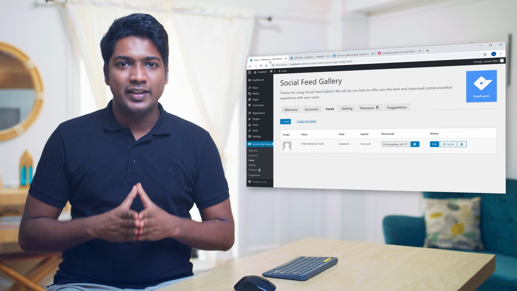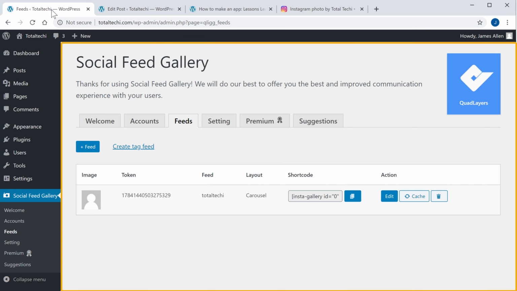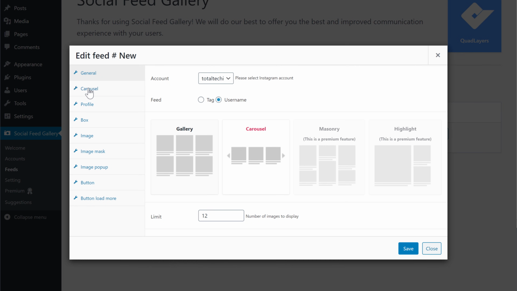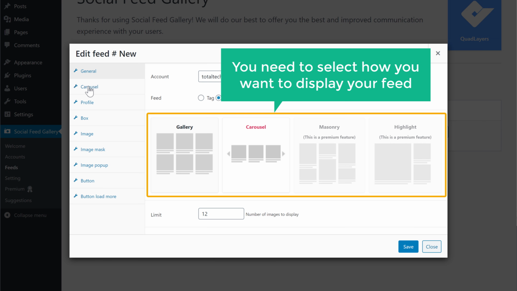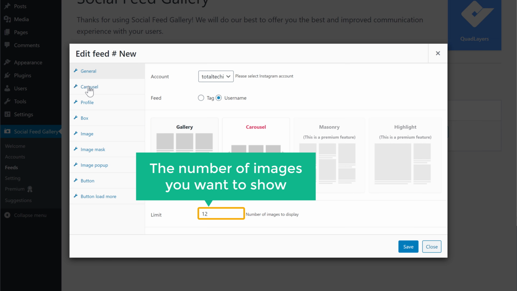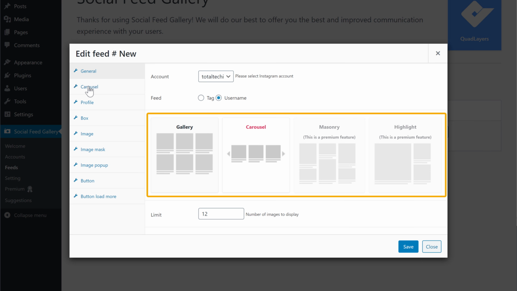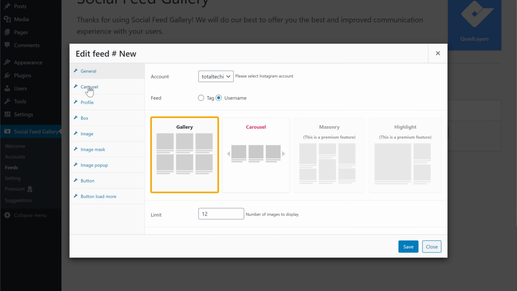So to add the feed to the sidebar, first we need to create the feed we want. So to create the feed, let's go back to our WordPress dashboard and click feed. Now as we did before, to create the feed, you need to select how you want to display your feed and the number of images you want to show. So here, I'm going to select Gallery View